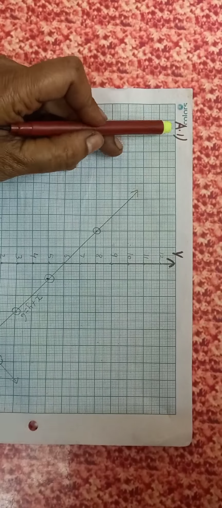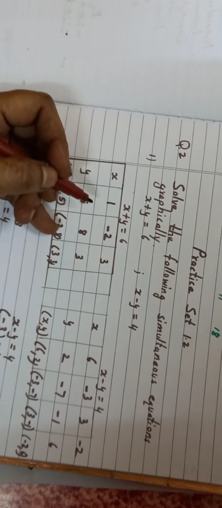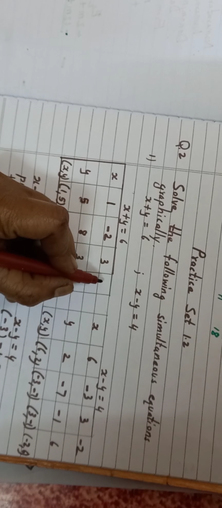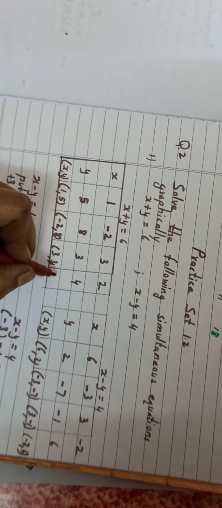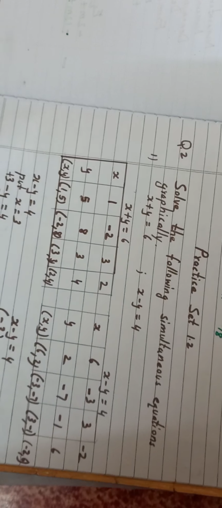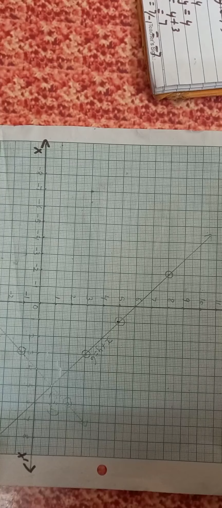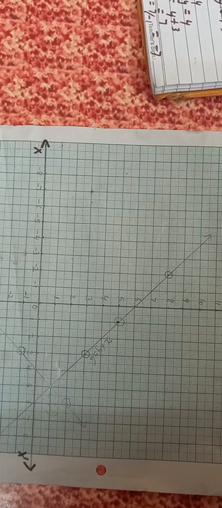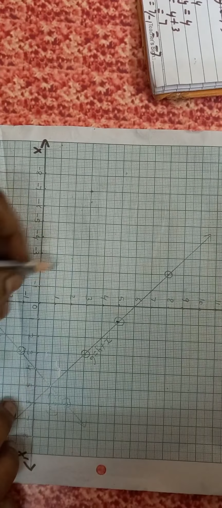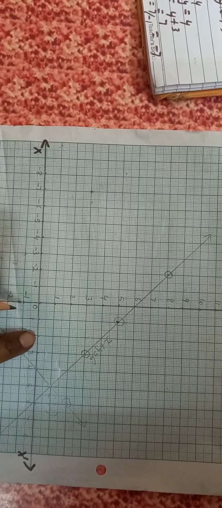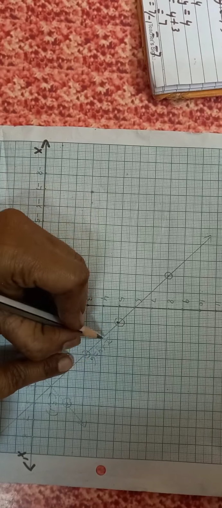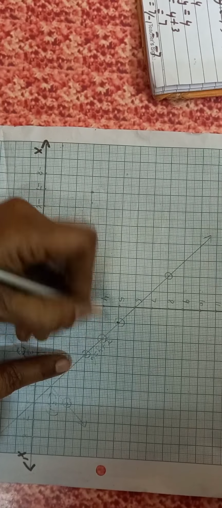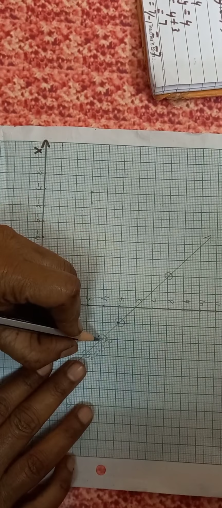See, for the first example which we did, we have to take 4 points. 3 points we took. One more we will have to take. So x plus y is 6. So if we take, say, 2, this will be 4. 2 plus 4 is 6. 2 comma 4. And we have to add here. See, here there is 2 and here there is 4. X coordinate is 2 we are taking and y coordinate is 4. So here it will be this point. 4 points you take.